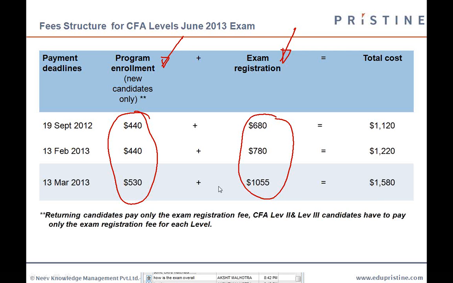Some of you have asked where you can get question notes. Once again, for these kinds of questions, please talk to your Pristine coordinator. We are running out of time, so I have to answer specific questions. Your Pristine coordinator will help you with any other questions you have regarding the exam, or whether, given your background, the CFA exam can help you or not. I hope I've given you some decent idea about the CFA exam and what it takes.